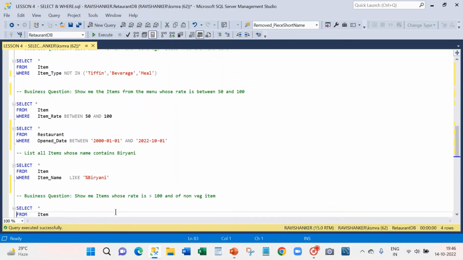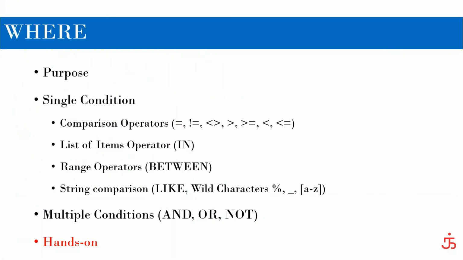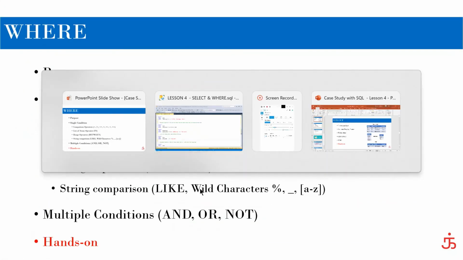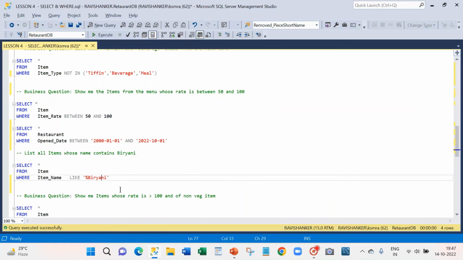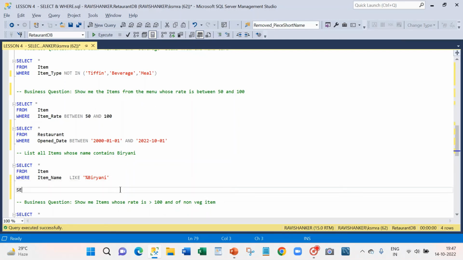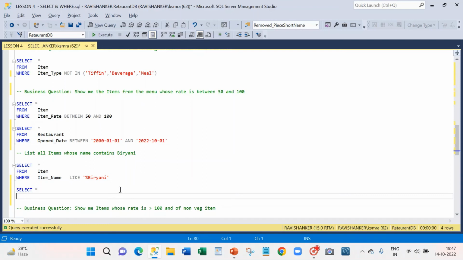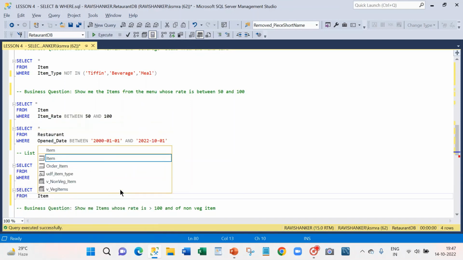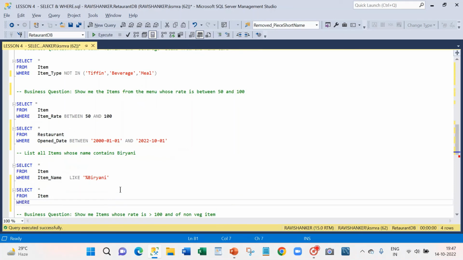And then let's see what else I can do. The wildcard character, percentage, we have seen. Now we are going to see underscore. The percentage is basically very generic, right? It can be any number of characters before and after, based on where we put the percentage. But the underscore is different. For example, select star from item, where item name